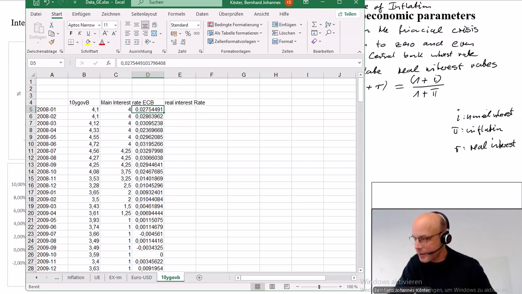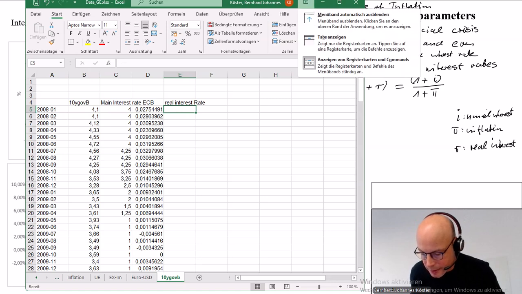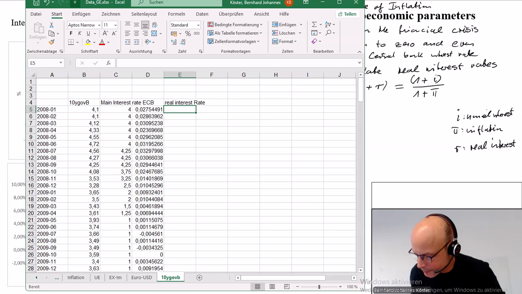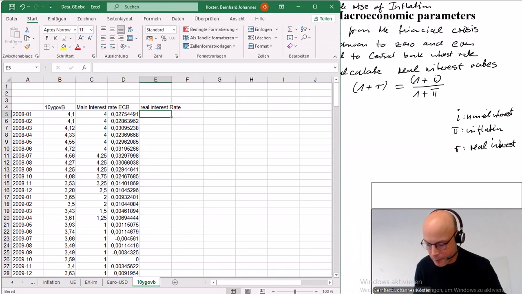So what else do we have here? Then you have also to be careful. This is 0.027. This means 2.7%. Here we have 4.1. This is 4.1%. So this number here is 100 times the other number. So in order to apply, given this data, your formula,